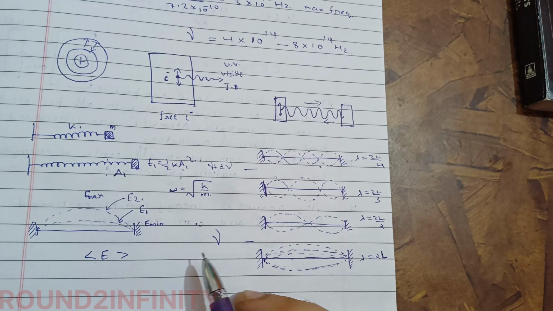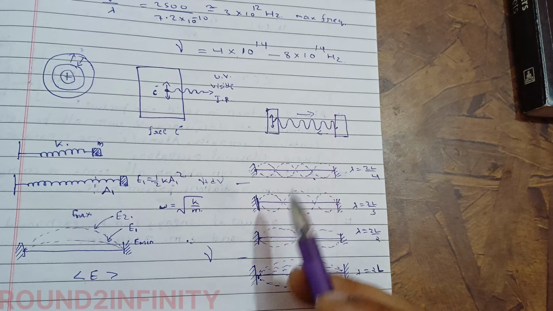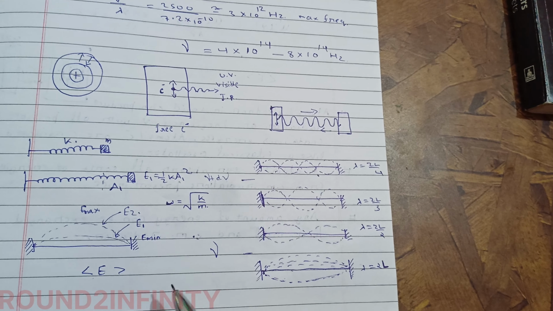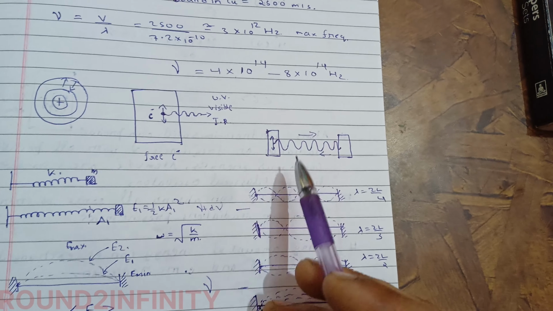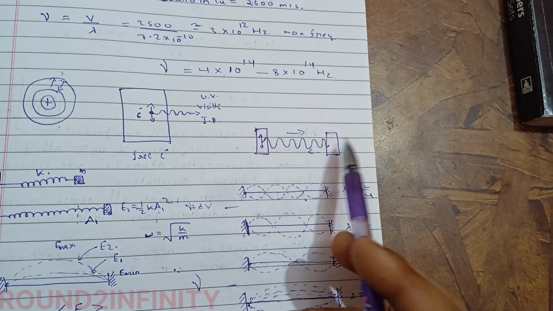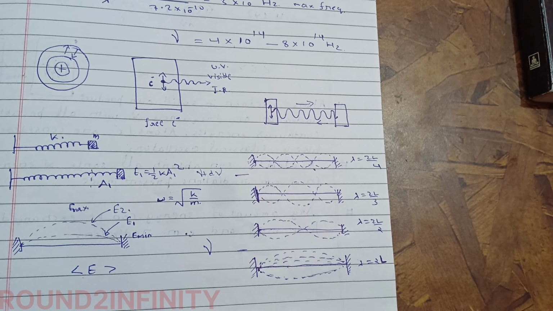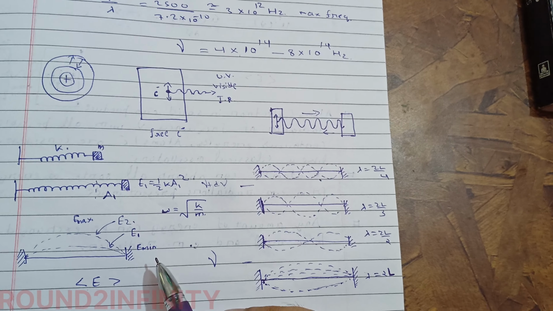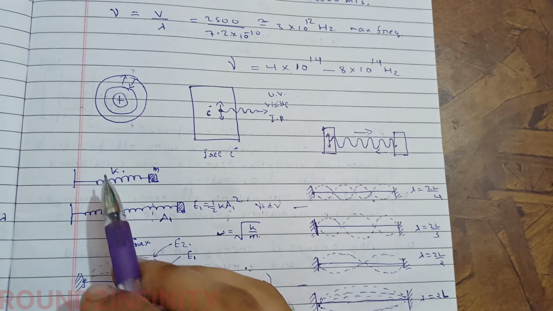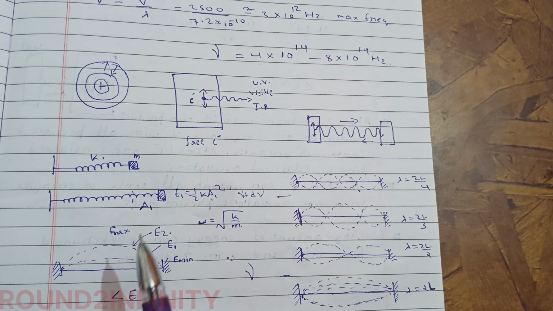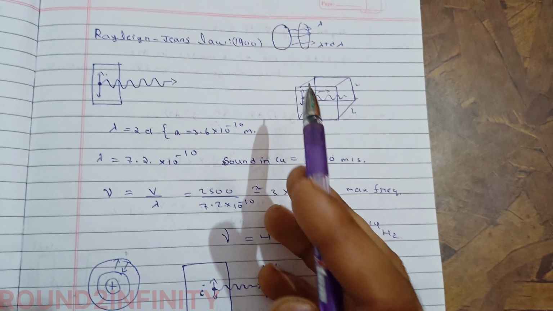So lambda will be 2L by n. So there are infinite possible states of vibrations. When these come back and form standing waves, they will have an infinite number of modes of vibrations possible. Now see, if you need to find the energy, meaning the energy per unit volume, so